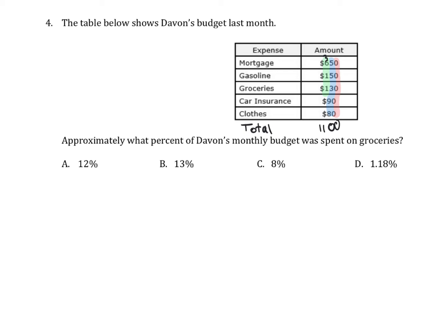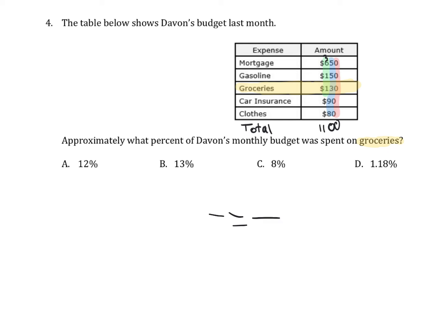Now, it said in our question approximately what percent of Davin's monthly budget was spent on groceries. So we're going to highlight groceries because that's an important part. Then we're going to go up top and also highlight the row groceries. So that'll tell us what we are using for our problem. Now, we are going to make a